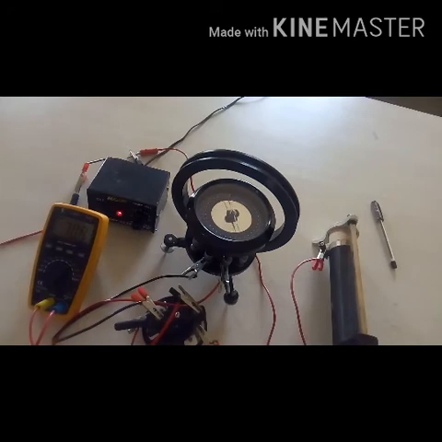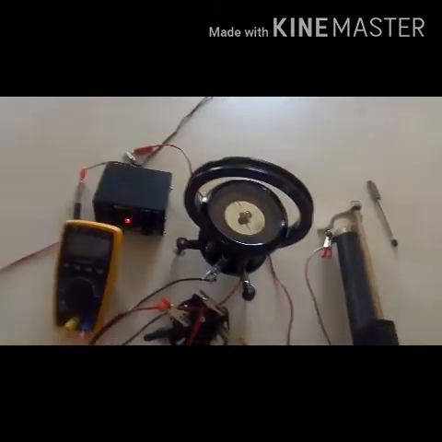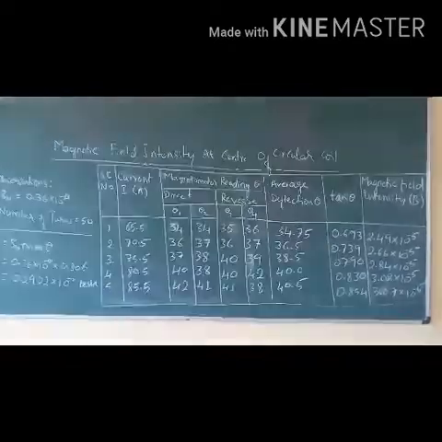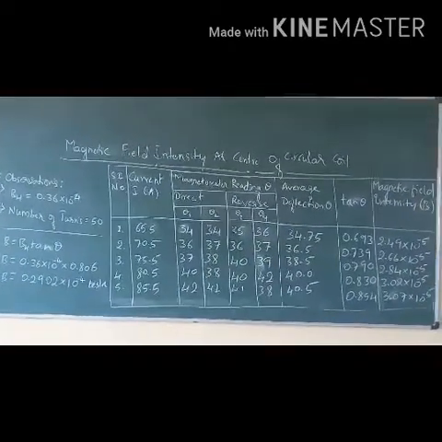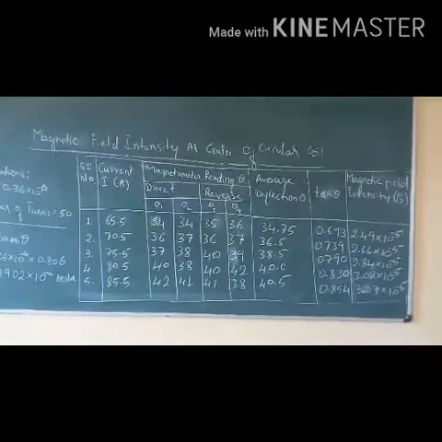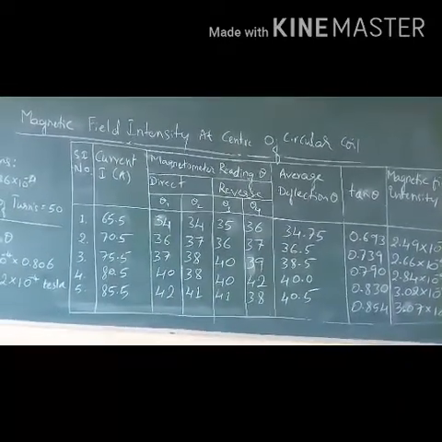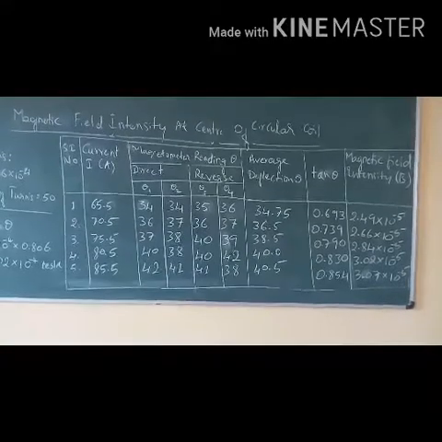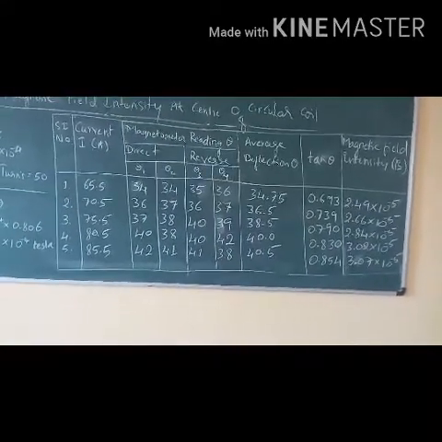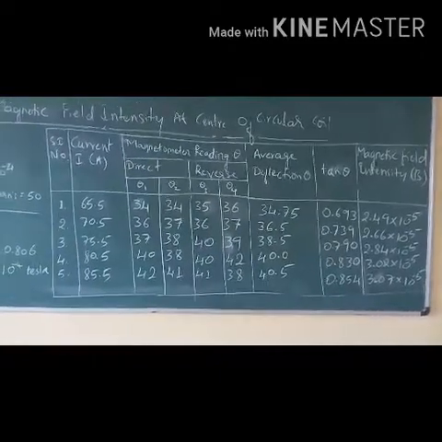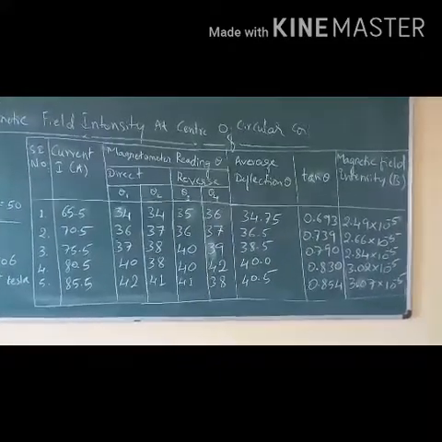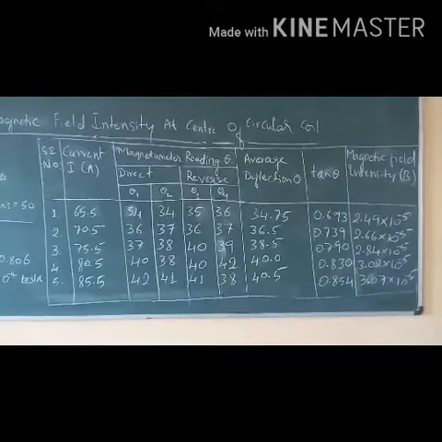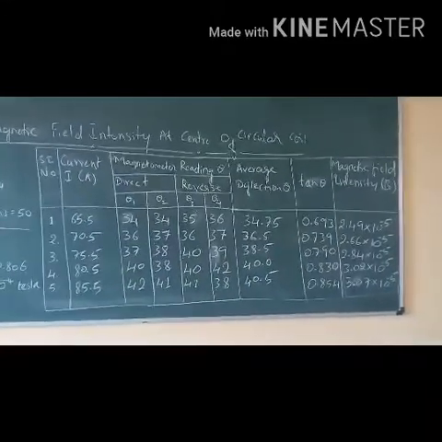Here our observed values are like this. This is our tabular column. Here the current is 65.5 milliampere. Magnetometer readings for the direct connection, theta 1 and theta 2 are 34, and theta 3, theta 4 are 35, 36. The average of these 4 values is 34.75. Here tan theta gives 0.693,